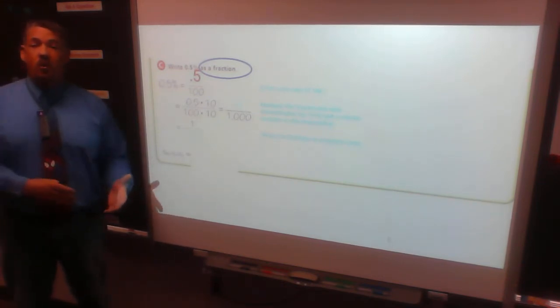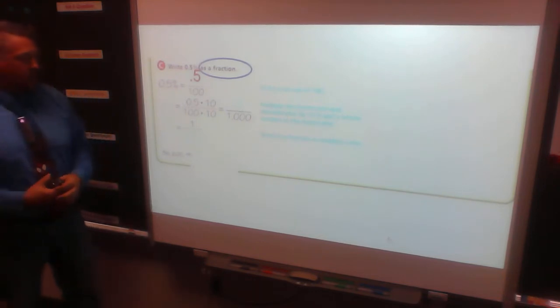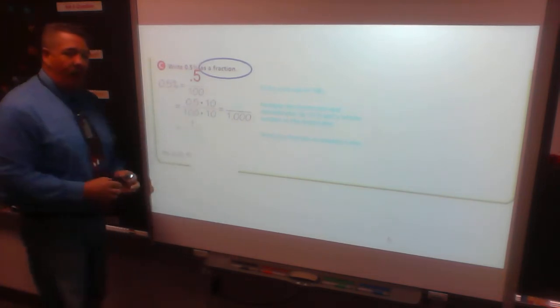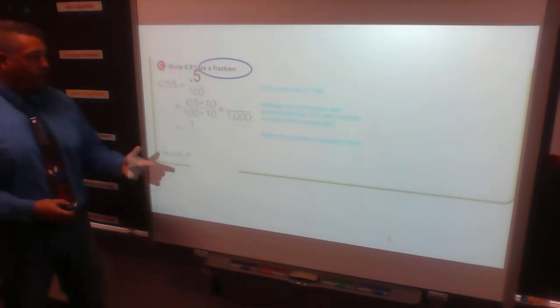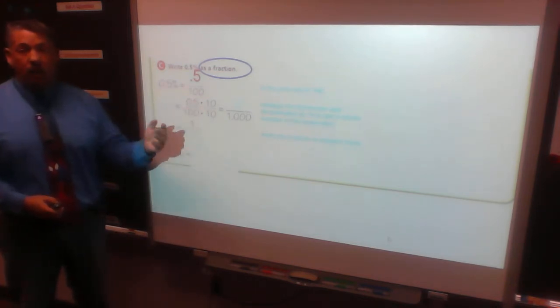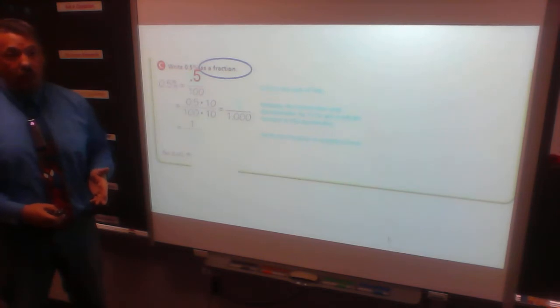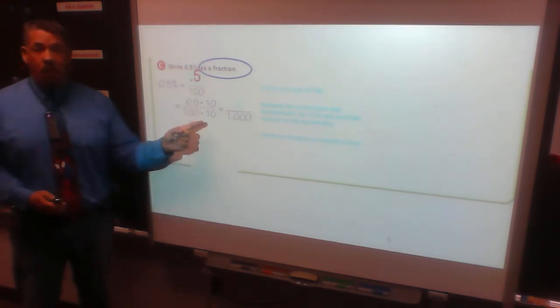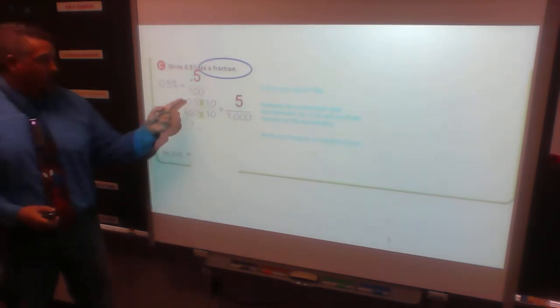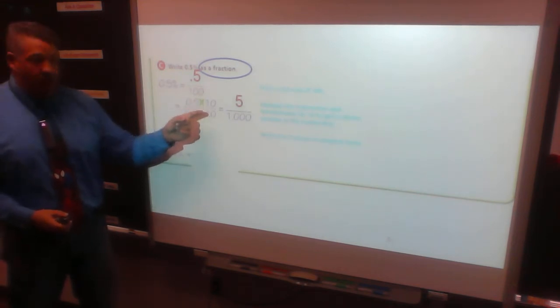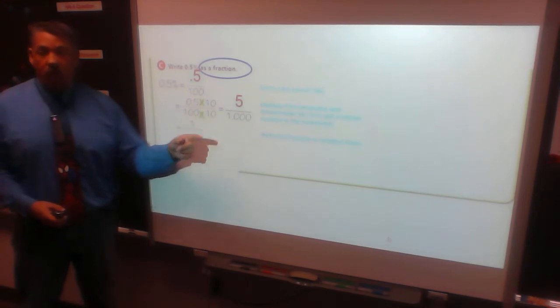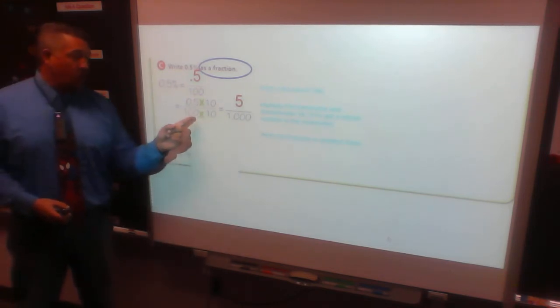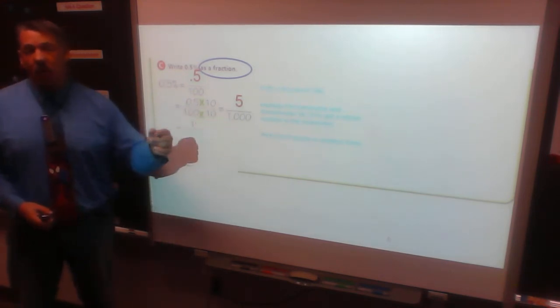So they go ahead and show you in your book how you're going to change it. You're going to multiply. You have to move that decimal one time to the right to make it a whole number. So therefore they multiplied it by 10. And if we multiply our numerator by 10, we have to multiply our denominator by 10. So that gives me 0.5 times 10, which is just 5. And therefore, when I add another 0, because I'm multiplying by 10, to the 100, I get a denominator of